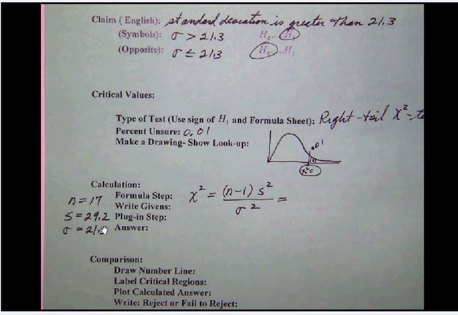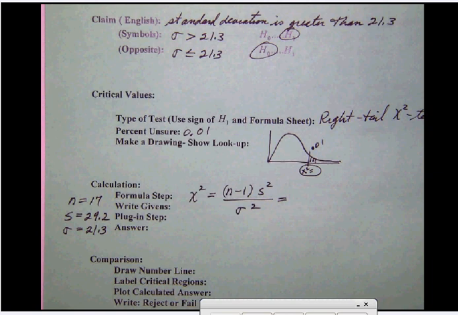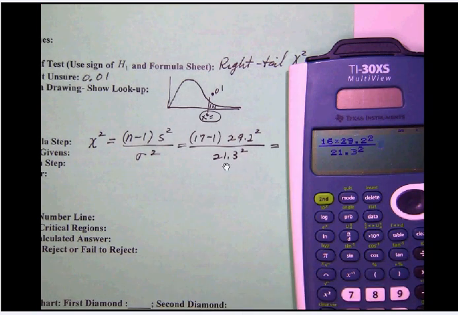Okay, so get those to match. Oftentimes what students do to get this wrong is they switch these two values, and that messes things up for us. So let's go ahead and get those values plugged in, and then we'll calculate that chi-square test statistic. Okay, got some of that done here. Now notice here that n minus 1 would be 16,